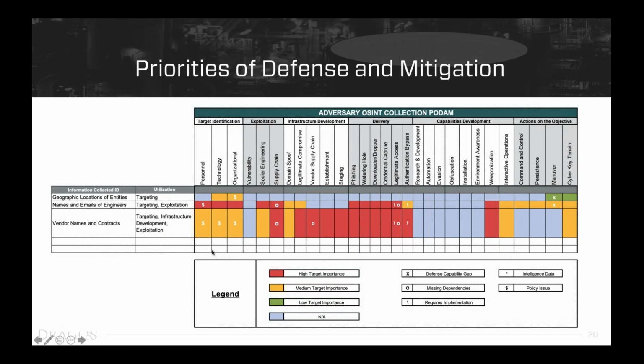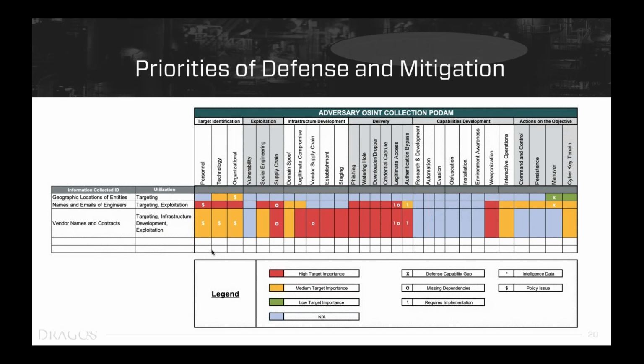So when filling out the table, you're going to want to take the information that you gleaned from the risk matrix, essentially being able to assess those colors and the severity, and then map it out as you go to see where in the entire PODEM information might be best utilized. So if we're talking about vendor names and contracts, for example, an adversary might use that for targeting, infrastructure development,